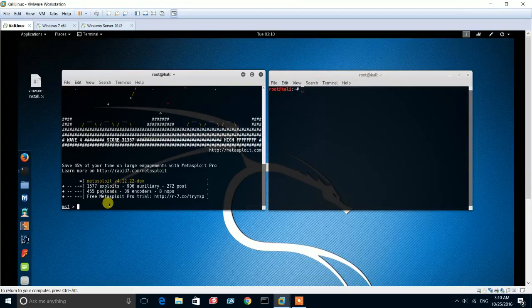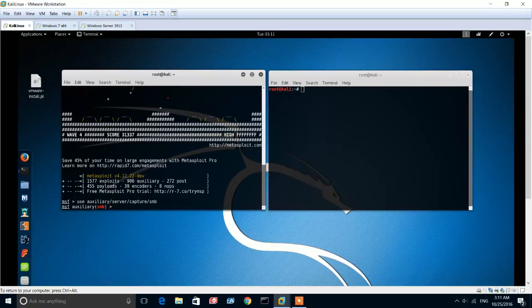So here I'm in Kali Linux and I launch Metasploit. For this attack I will use the module called auxiliary/server/capture/smb. So I will type show options